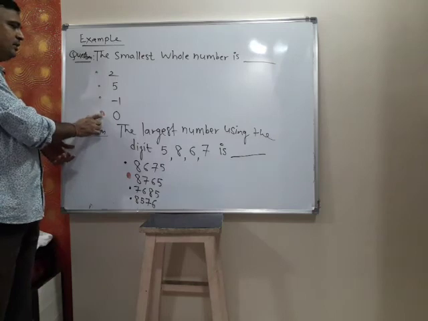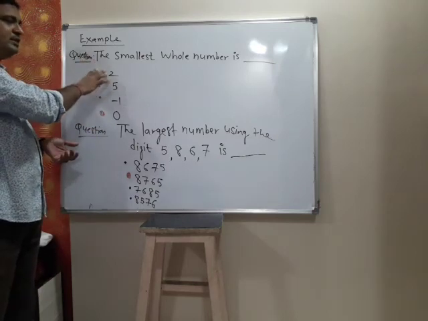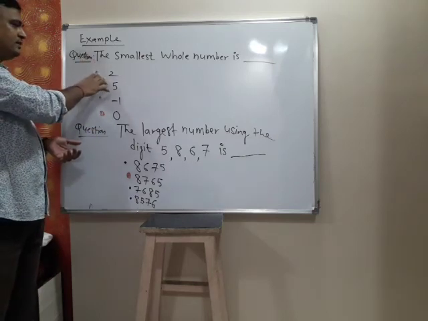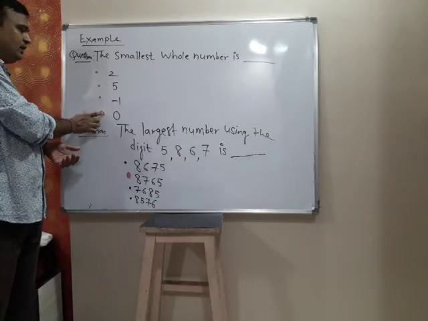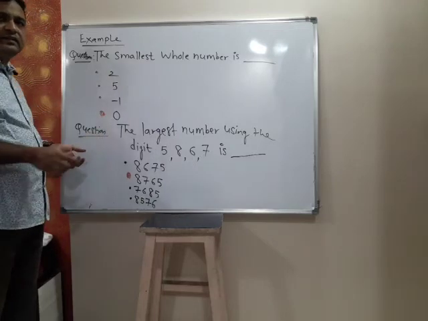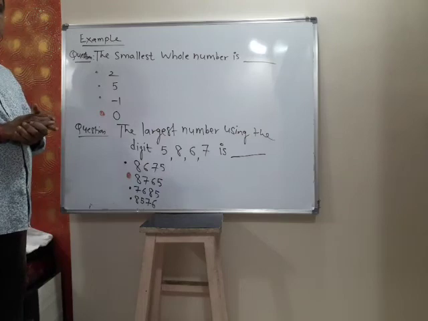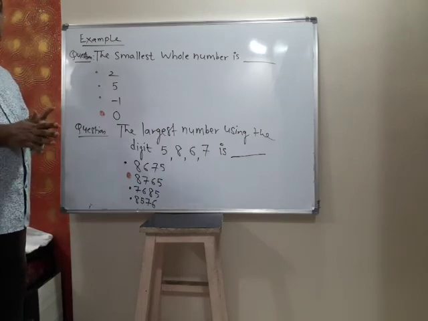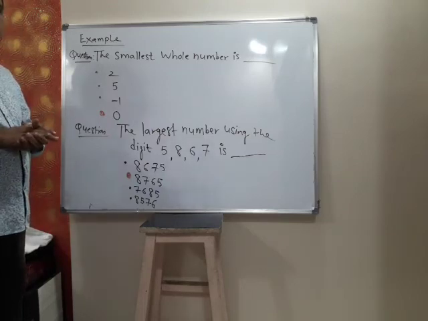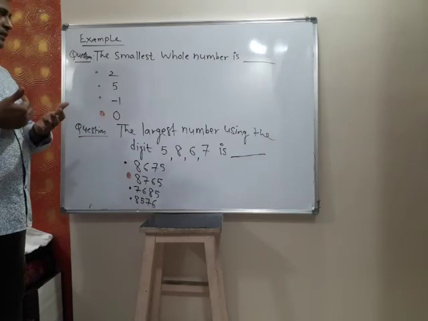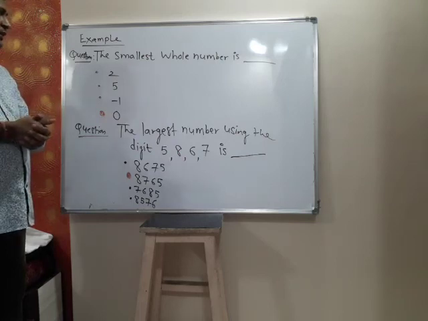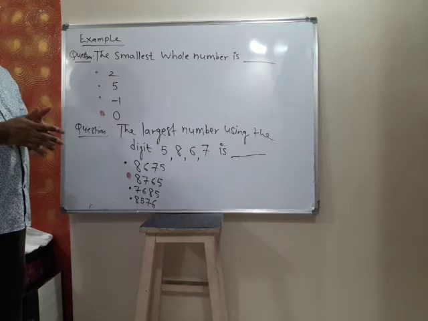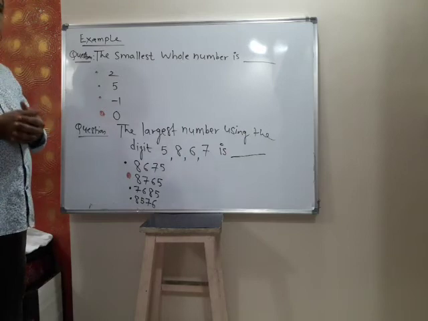The correct option you have to click. The other options, the wrong answers, you have to leave. Only you have to click the correct answer. So 5 questions will be there. Only one chapter I have kept for this, number system. And you appear for this mock test without any fear, with full confidence.